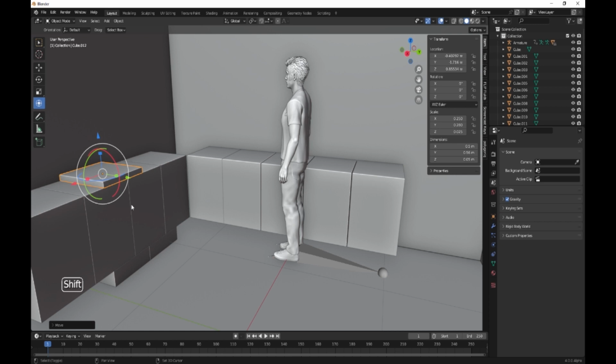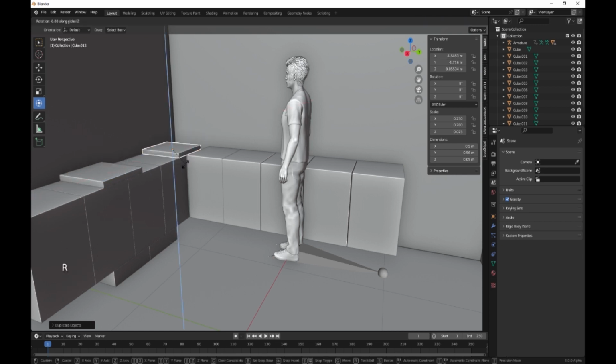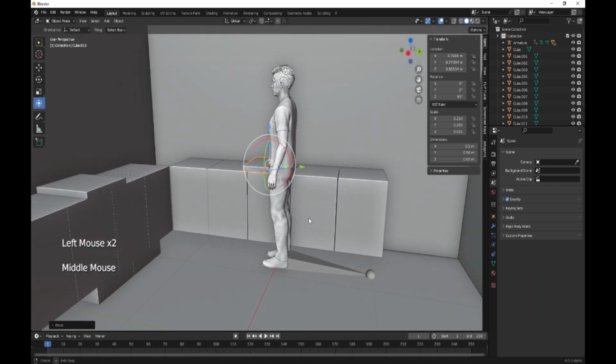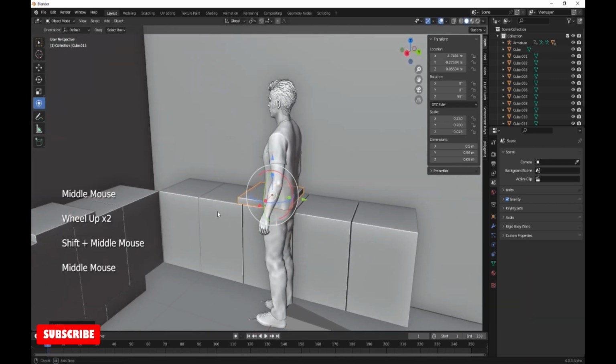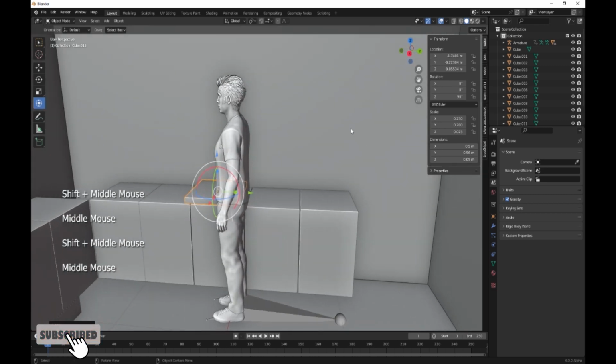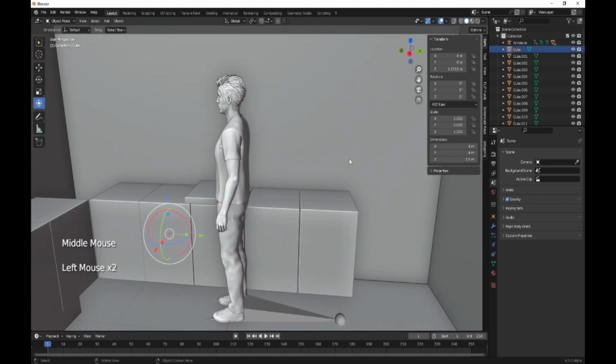Shift duplicate on the X. Rotate Z 90. And then that will be the full height of our units, which kind of falls in line with our little man, our little figure there. So what I'm going to do now is take the